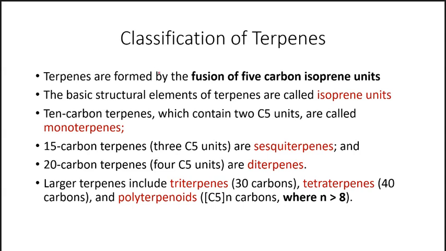So see, I told you that terpenes are formed by the fusion of 5 carbon isoprene units. So all isoprene units are 5 carbon compounds. Okay, so many isoprene units are fused together to form large terpenes. Okay, one isoprene unit will form a hemiterpene. Several isoprene units will fuse together to form large terpenes. Say for example,